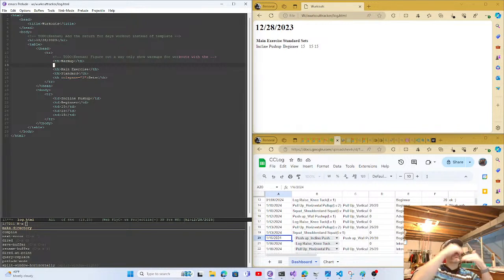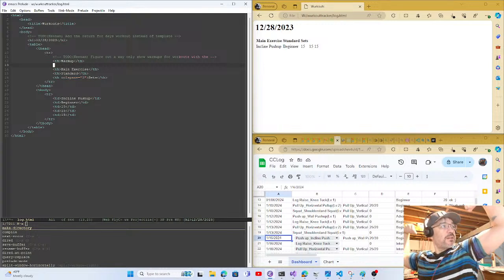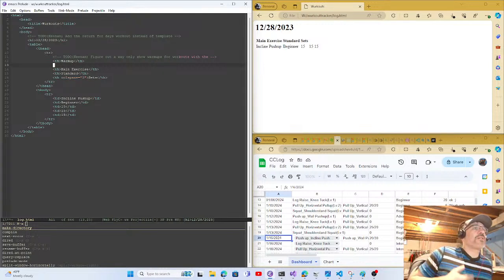But as you get more complicated into these higher levels of exercises, which I'm just starting now, but not too bad, you're going to have the situation where you might have more than 2 sets of warm-ups. So that means that